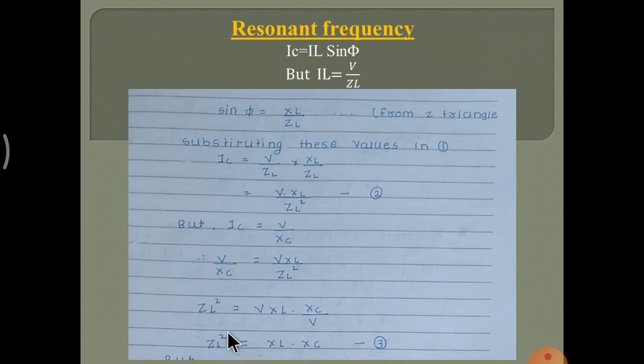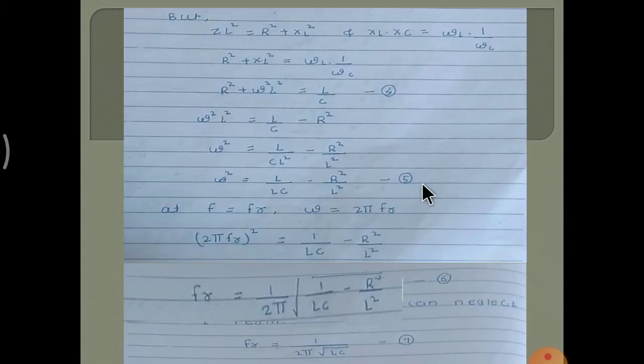In place of ZL square we put R square plus XL square, equal to, in place of XL into XC, we put omega L into 1 upon omega C. So R square plus XL square, where XL means omega L, gives R square plus omega square L square